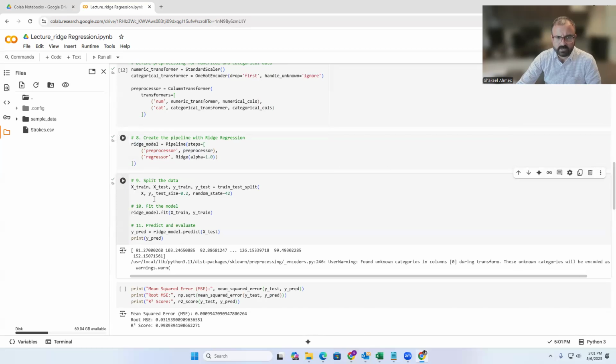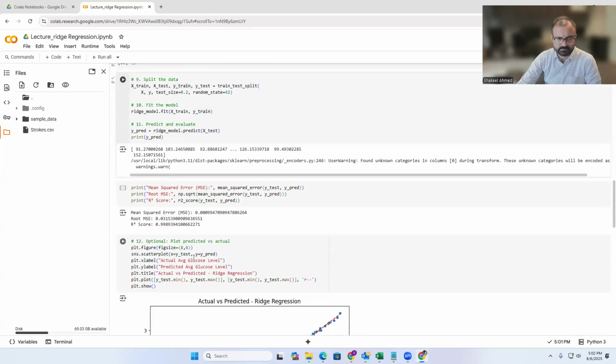This is the model we have defined here and dot fit and then the input x train and y train, and then we can predict the test set values of the y from test set using x test, and we can just print the values so you can see the predicted glucose level for the individuals in test set. And then you can find the mean square error using the mean square error command and using the y test and y predict